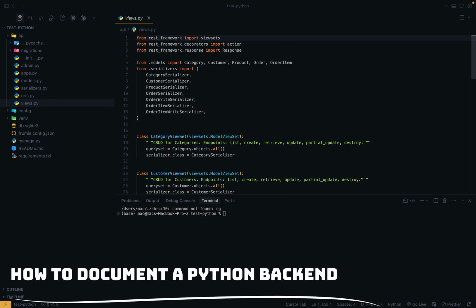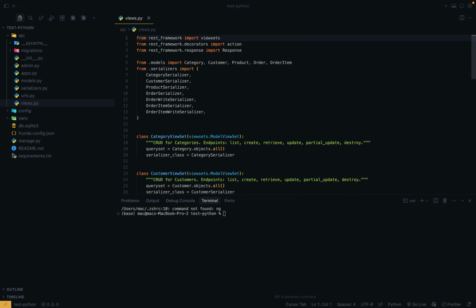Hey guys, and welcome to how to document your backend Python project. So here we have a small Python project that I just created, and we're going to see how to document